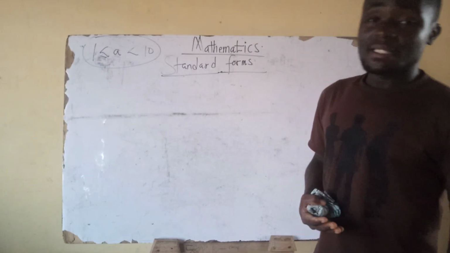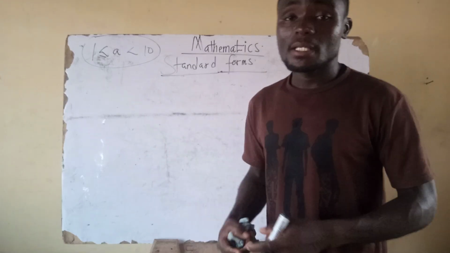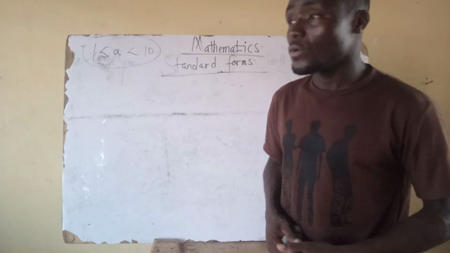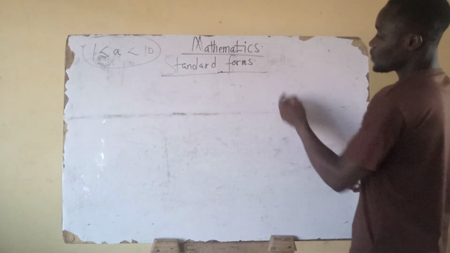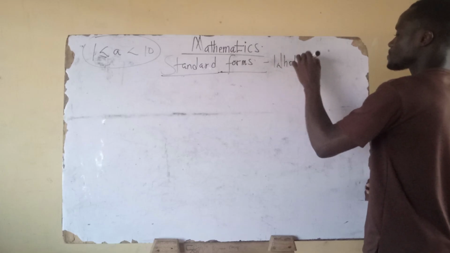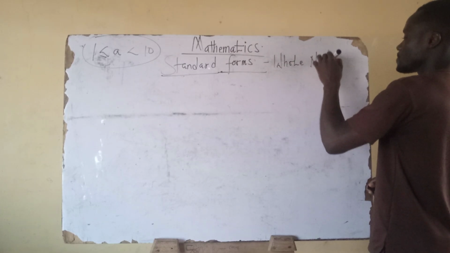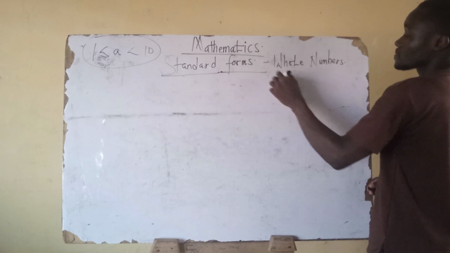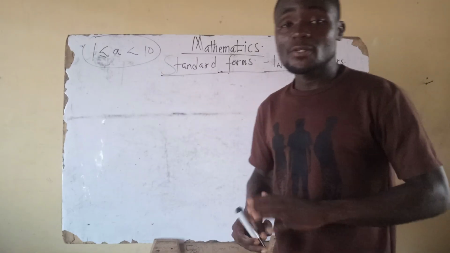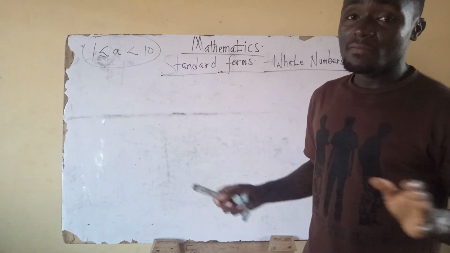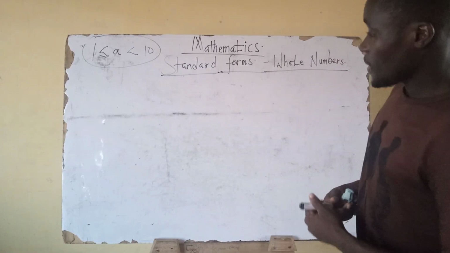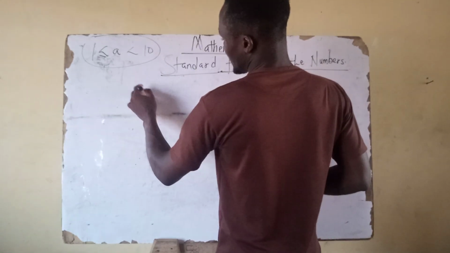So in the first place, let's see how to convert whole numbers into standard forms. So we are starting with whole numbers. Now when we say whole numbers in mathematics, we are referring to positive numbers which start from 0 up to infinity. Alright, so I can have, for instance,